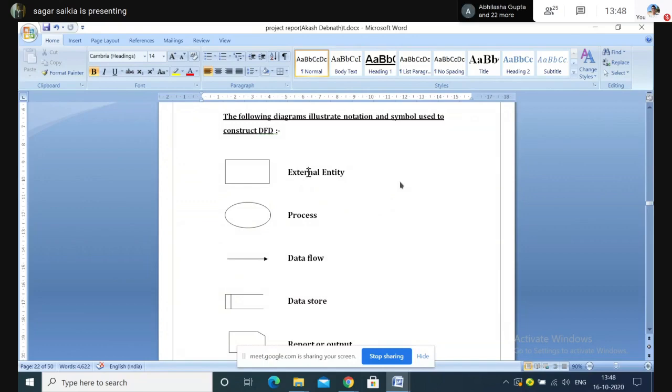Let's say, for example, in e-commerce, who are the people who will be interacting with an e-commerce website or an app? Basically, the administrator, who will be updating information about the products and keeping track, using the system from the company side. And on the other side, it is the customer who will be placing the order and using the system.